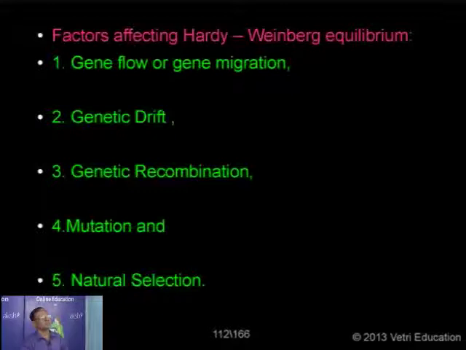And finally, natural selection. Here we are considering natural selection as a population genetics oriented process, not counting the number of individuals as Darwin did. We are counting only the number of genes. So these are the 5 factors responsible for changing the allelic frequency. And if there is any change in allelic frequency, it will result in what is called the evolutionary process. That's why I mentioned evolution is a departure from Hardy-Weinberg equilibrium.